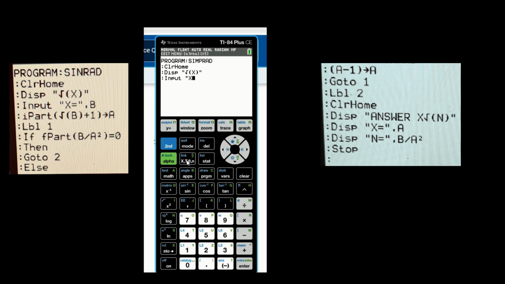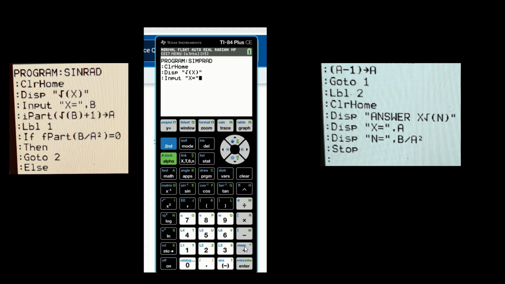Okay, and then we will go to second, math to get an equal sign, and then we will press enter for the equal sign, and then after that we will press alpha and then plus sign to get a quotation mark.